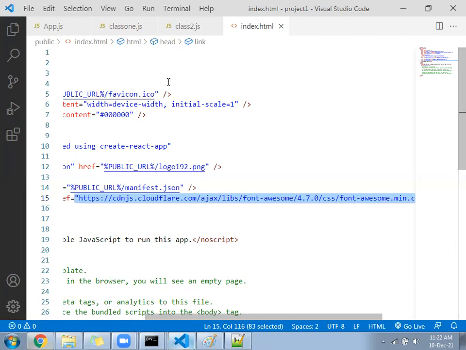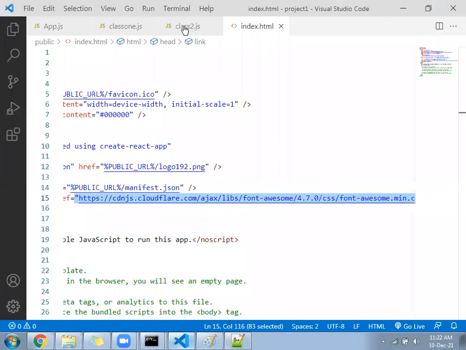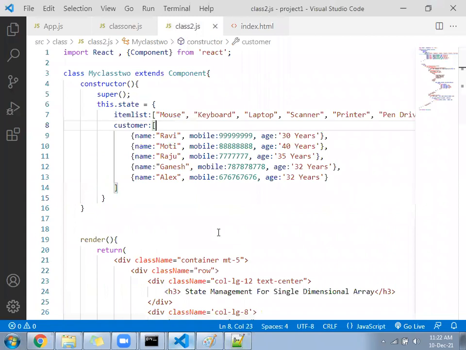I've added the icons. Now in this current file, that is your class 2, I'll show you how to call that.